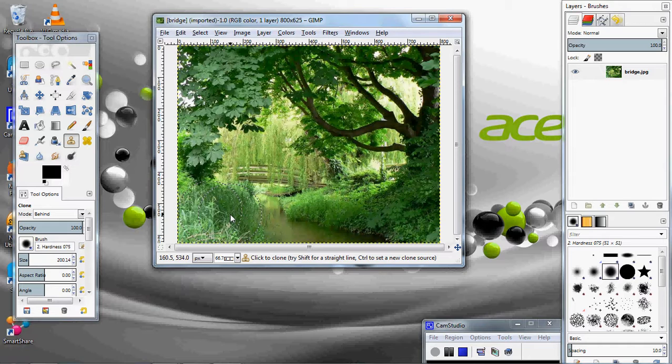Watch. I'll click right here, and you see the grasses that I had sampled here now have been copied and cloned into this area. I can move this around a little bit, click again, and you can see that I am cloning that area there. Here, let me try another area. I'll move over here, press the control key, left click to sample, and then I'll move a little bit over here, left click,